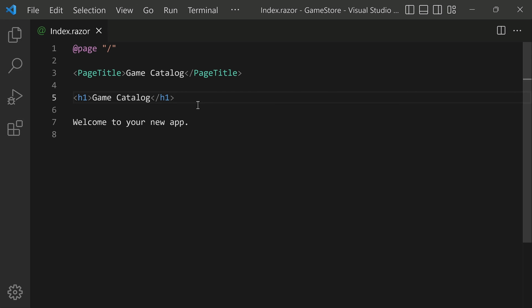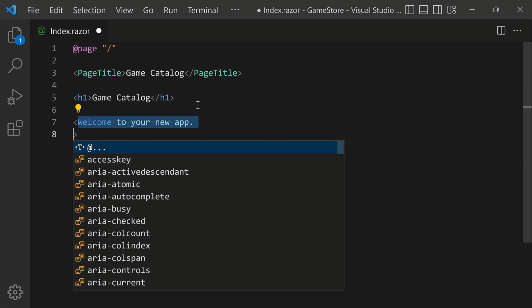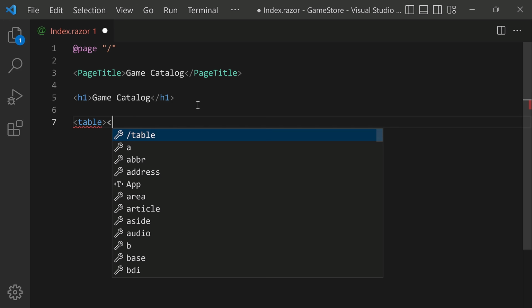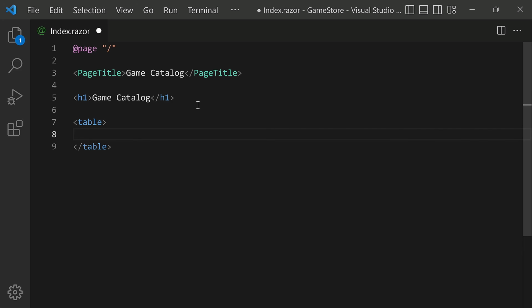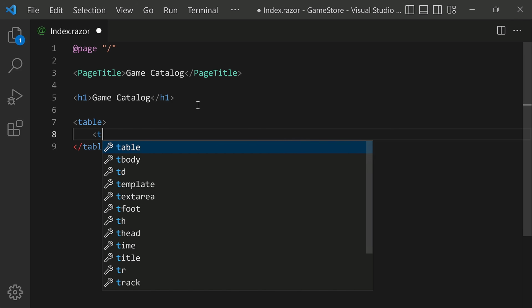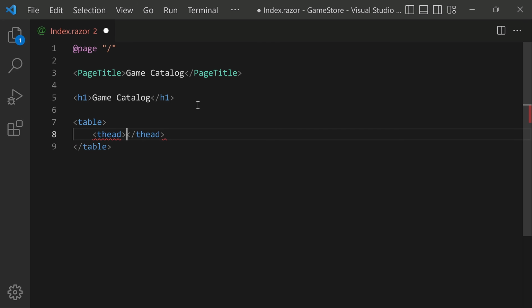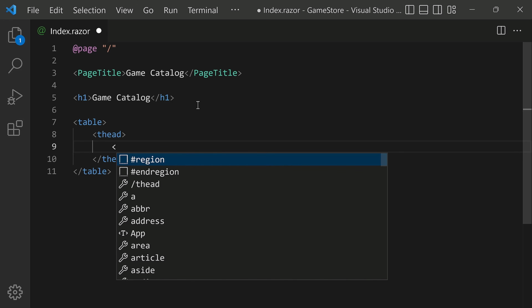So to do that, what we're going to do is just implement a very simple HTML page. If you know your HTML, you will know that that can be done via a simple table element here, right? So it's going to be a table element. And then what we want to do here is first specify the headers for our table. So we will do that via the thead element here. Okay, and then we're going to specify elements for the following properties. It's going to be for the